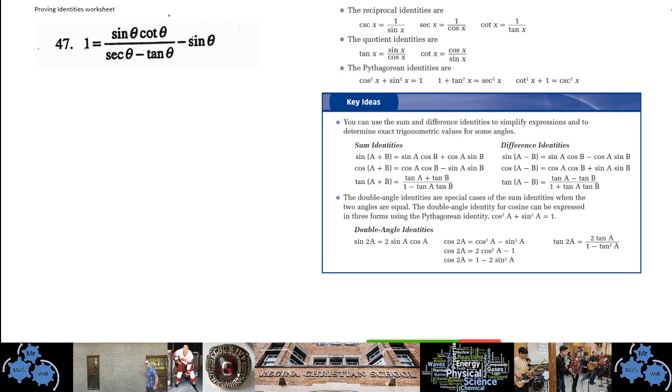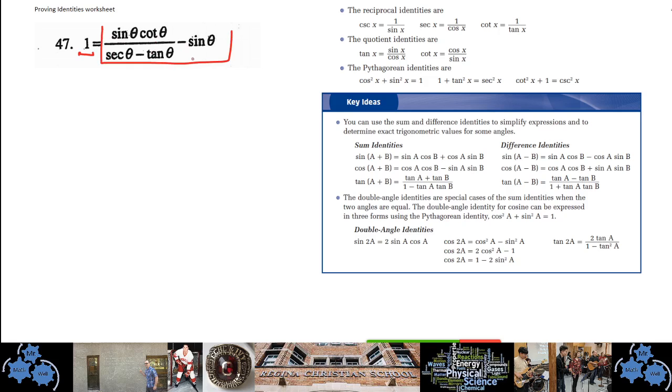All right, pre-calculus 30, proving trigonometric identities, question number 47. All right, so the more complicated side obviously is not just this number 1. There's an infinite number of ways you could transform number 1, right? So we have no clue what to do with just a 1. So we have lots of things that we can see and do on the right side. So that's why you want to pick the more complicated side, really, because there's just a lot more opportunity to